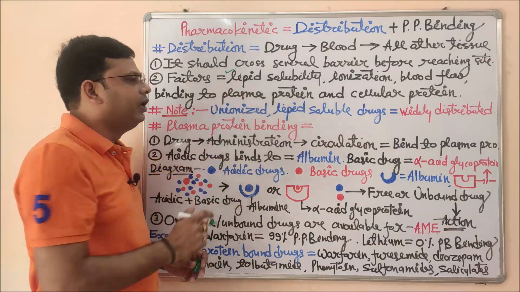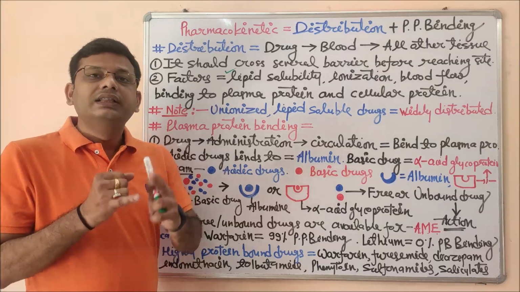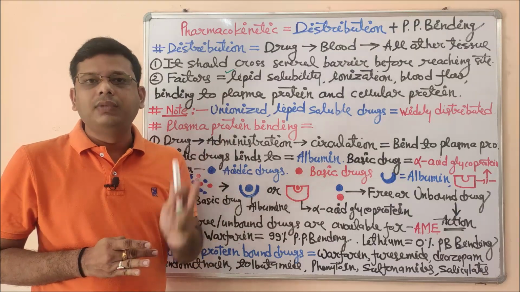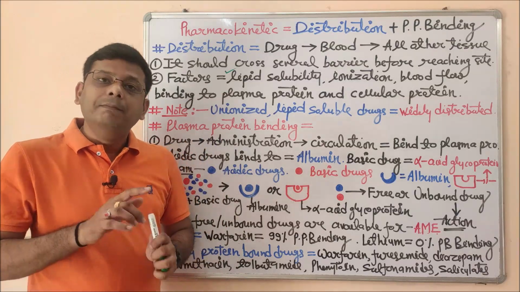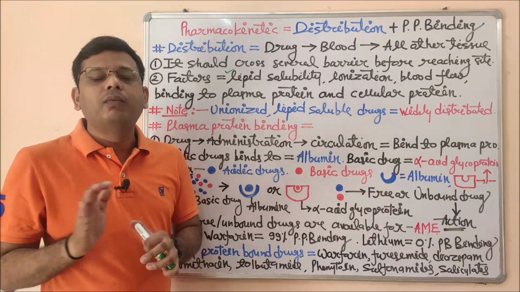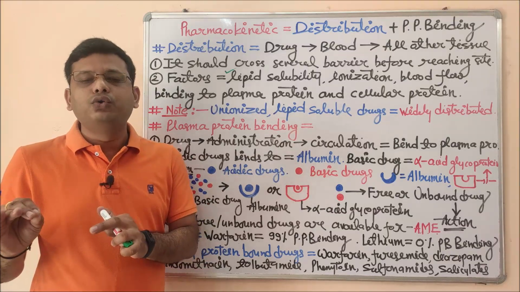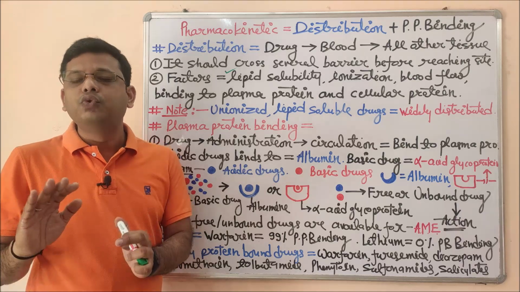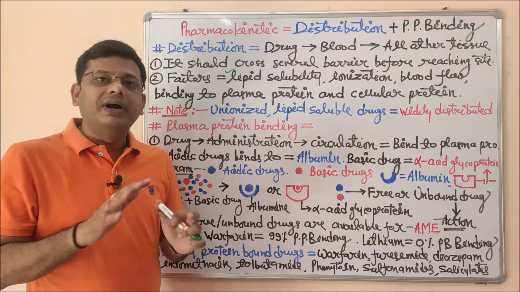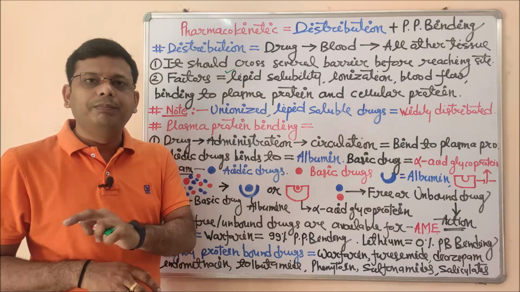First of all, lipid solubility. If the drug is highly lipid soluble, then it may distribute throughout the body, including those three barriers: blood-brain barrier, blood-placental barrier, and blood-testis barrier. But if the drug is water soluble, or lipophobic, not lipid soluble, this drug will be able to cross only those barriers which allow molecules having aqueous pores, like in case of absorption, but that drug will not be able to cross the blood-brain barrier and these two other barriers, BPB and BTB.